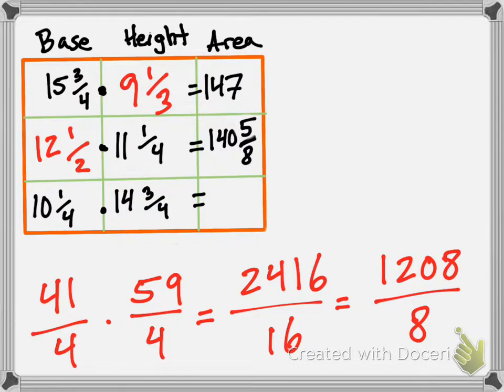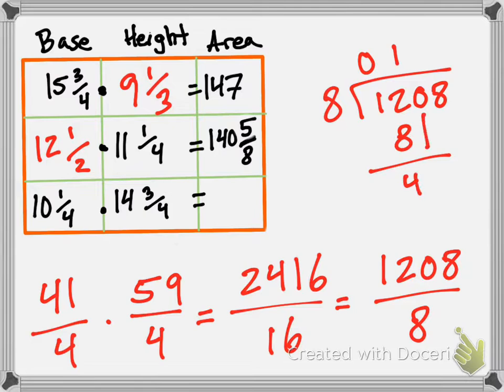In fact, these are both divisible by more than just that. 1,208, you can divide it by 8. So when I have 8, 1,208, it goes in 0, 1, 8, 4, 0, 5, 41. So we get our answer to be